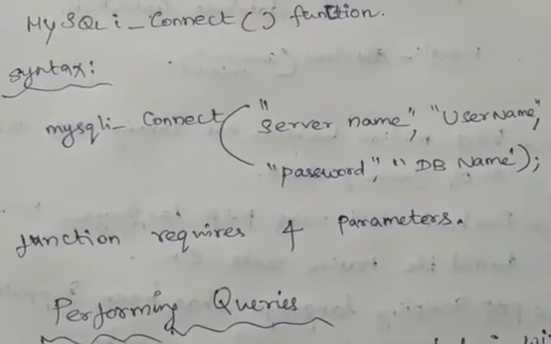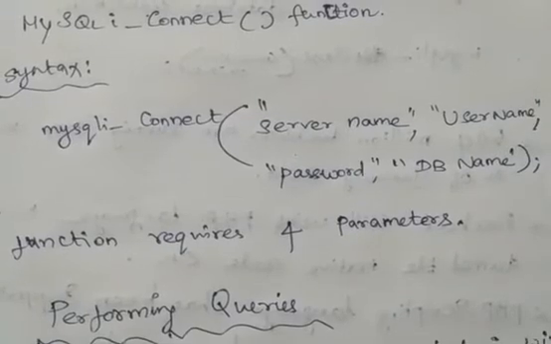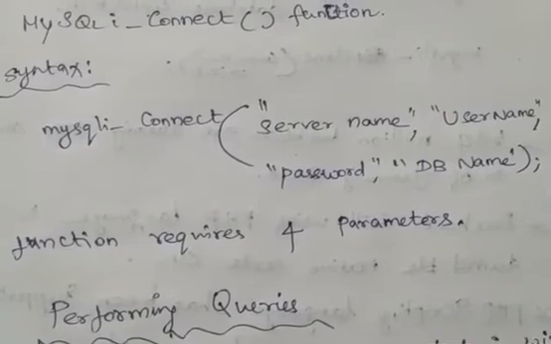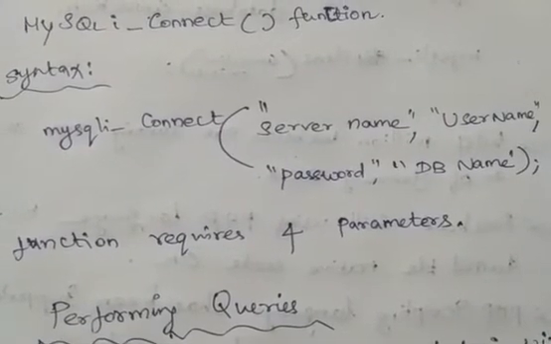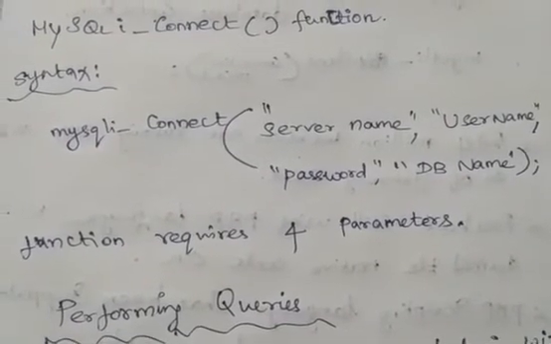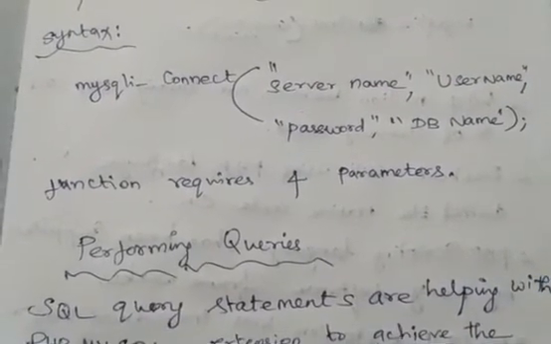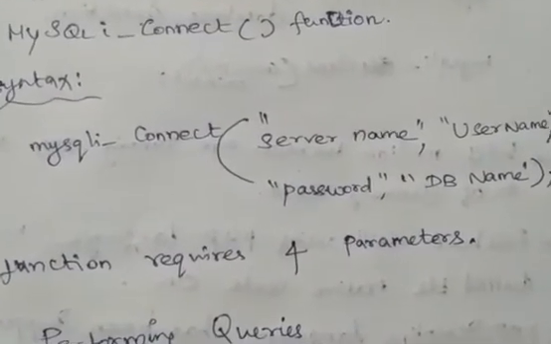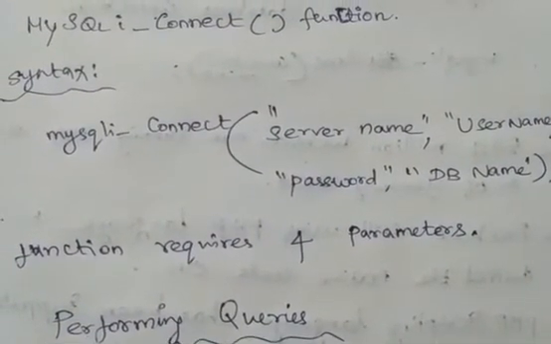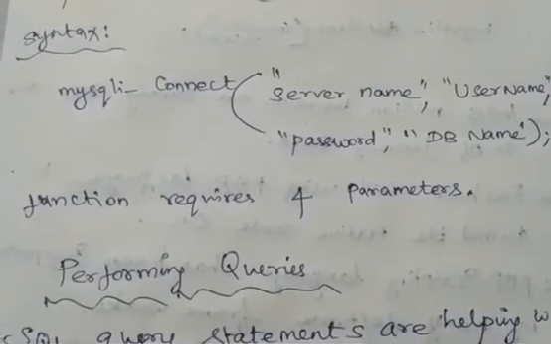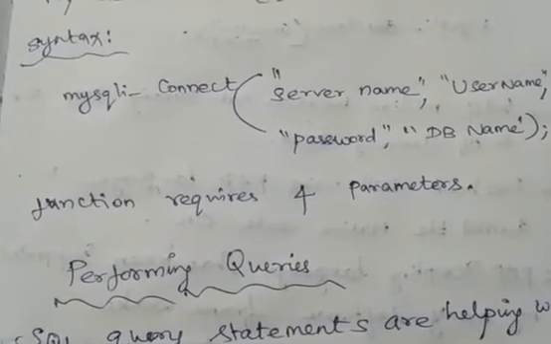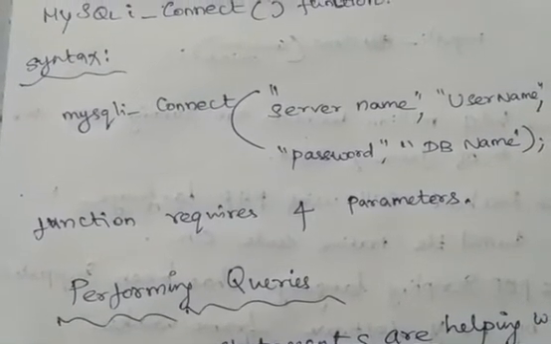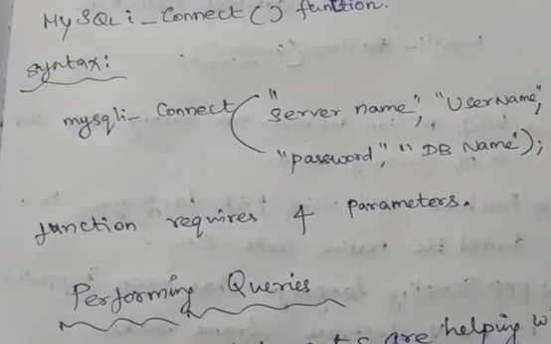And here, first you have to specify the server name. In the server we have to get connected with the MySQL app. So we must enter into the app with the username and password, so that we have to specify the username and password. Then we have to give the database name, that is DB name. Here I have specified it. So database name is the 4th parameter. That is what we have to give as an input to the mysqli_connect function. So with the 4 parameters, we are getting connected with the database server machine.